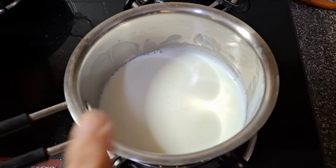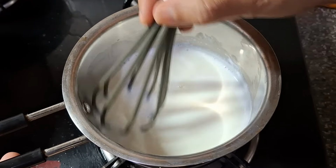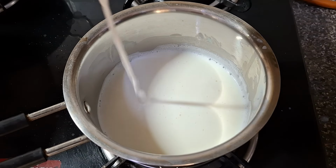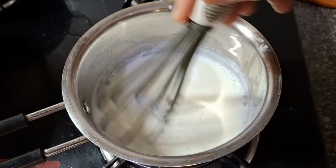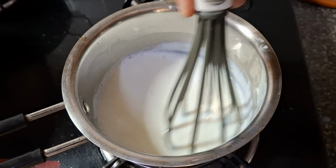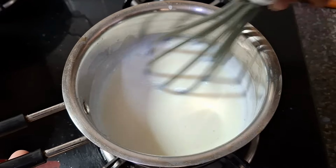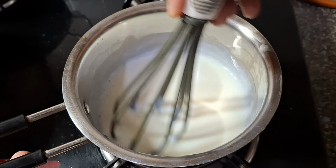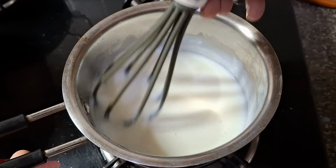To make the cheese sauce, you'll require 1 cup of milk. Heat it up and then pour in cornstarch slurry. I've used 2 teaspoons of cornstarch dissolved with a little milk. Cook on low heat, stirring continuously for a minute so that the cornstarch is cooked. And then